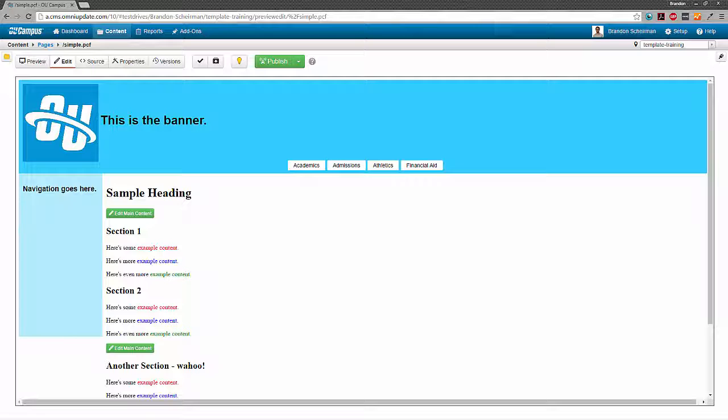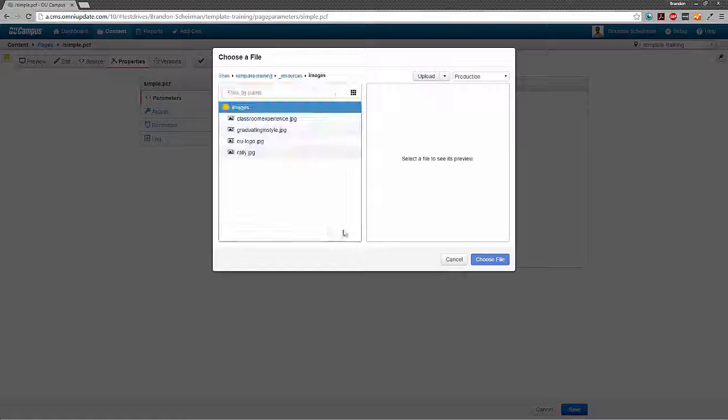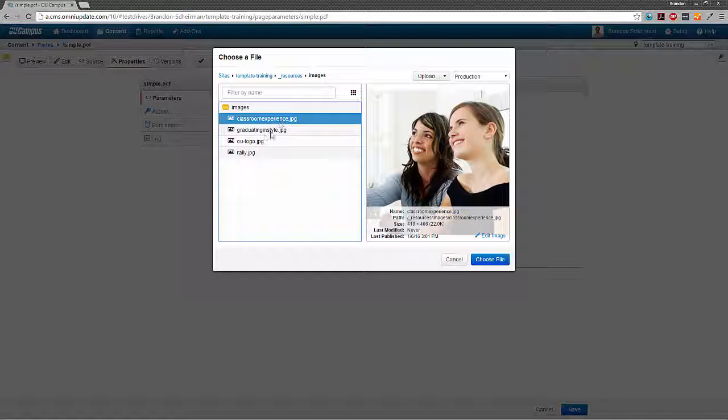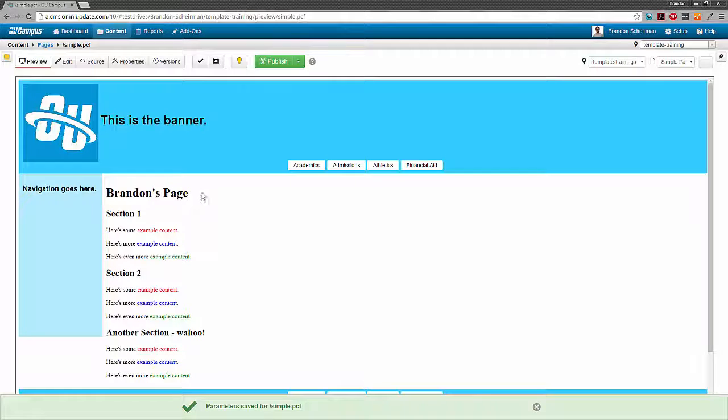Now that we have the XSL set up, we can go into the page properties if I wanted to and change the values of those two parameters. So I could say, you know what, I'll own it. Brandon's page, yeah. And I could even go ahead and change up the banner image if I wanted to here, although I think that most of these images are huge, so that would cause some issues. Yeah, you know what, I'm just going to stick with this one. But if I save here and I go back to the preview, now you can see Brandon's page has changed